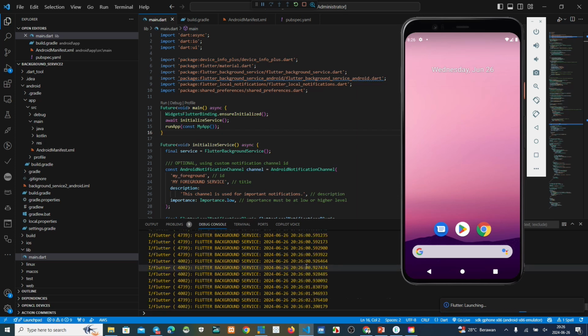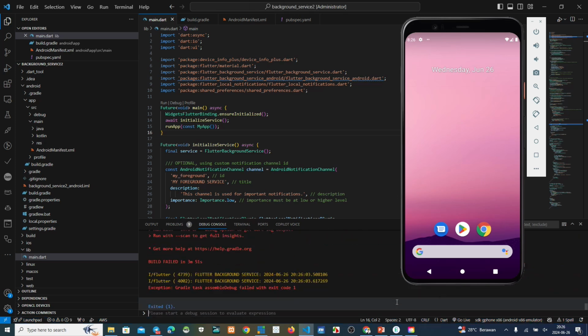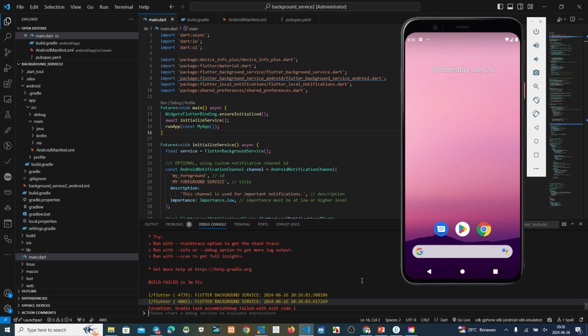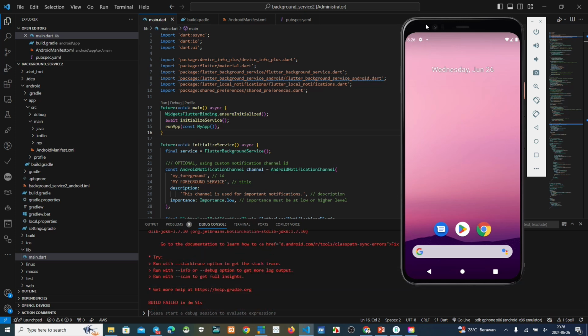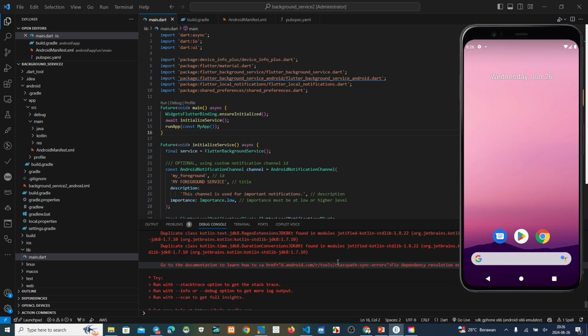Okay, maybe we stay okay. We can see the error. Maybe this is the last error. You can see this one. This is the Kotlin actual version. We must change to this version. Okay, now we see the Kotlin.